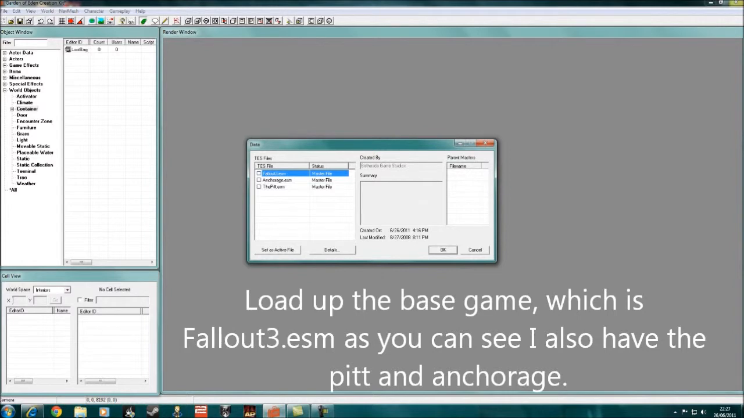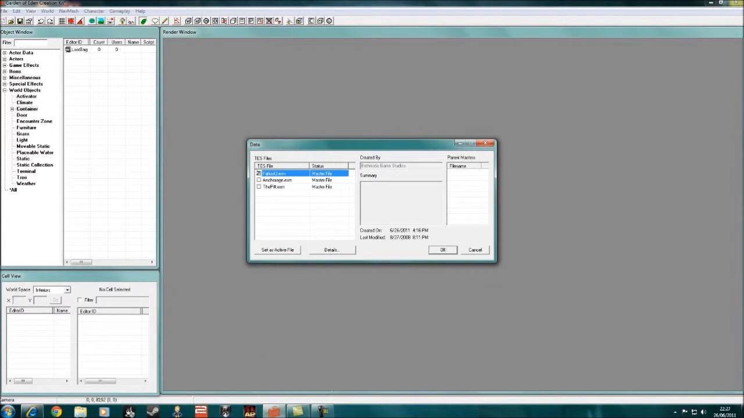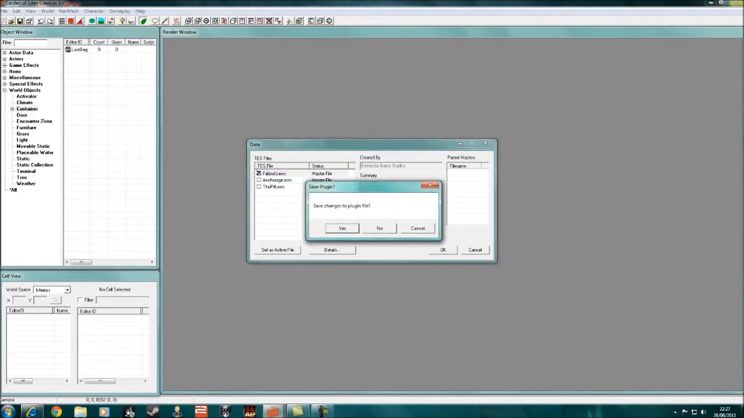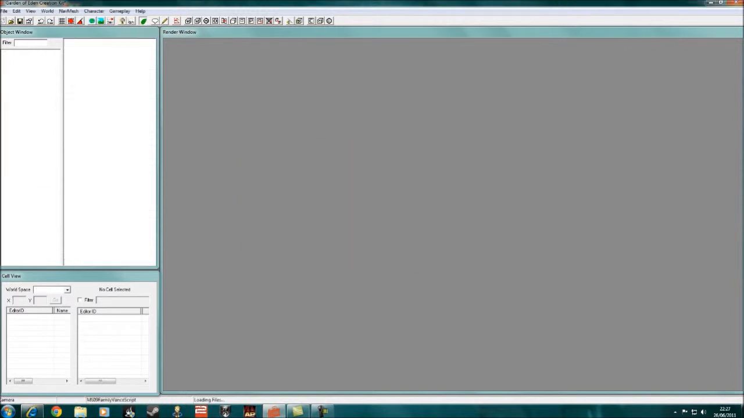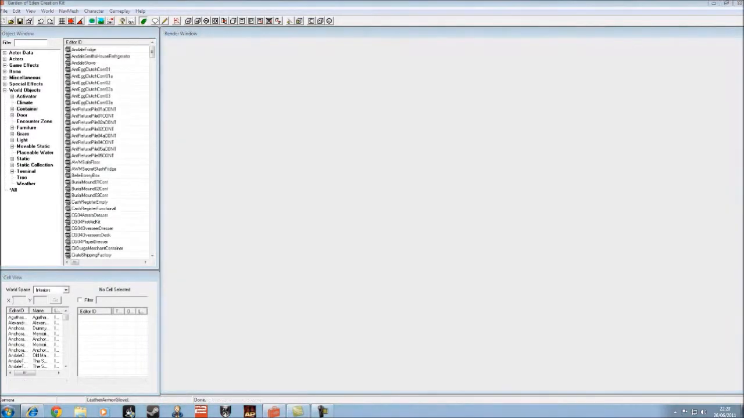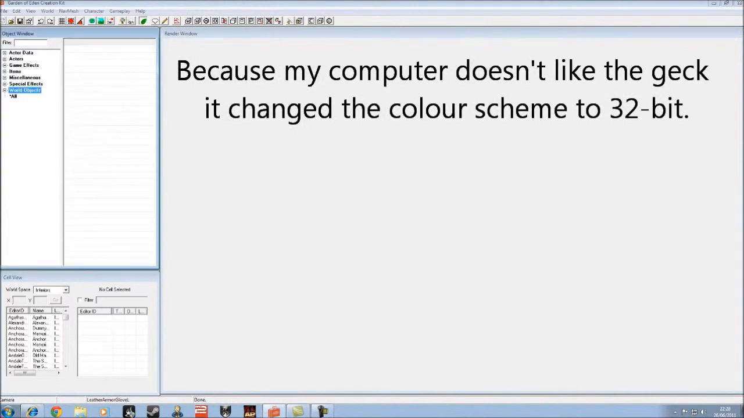So first off, you need to get the render window and object window set up when you're in cell view, how you want it. This is how I like it. And then you want to go and open up your Fallout 3 ESM. Now if it says it's not responding, that's a good thing, because it's loading up every